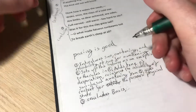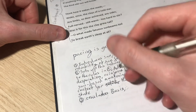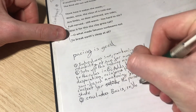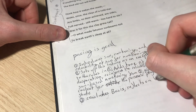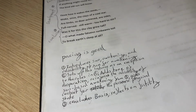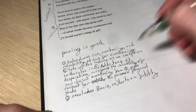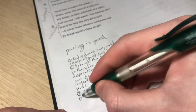That's quite important. What else does it do? It reflects on futility. There we go. We snuck that word in, futility, from the title. You want to do that, right? If you can sneak the title in, if you can sneak words in, then they'll grade you better, because they'll think you're smart when really you're just ticking check boxes. So there we go. Reflects on futility of,